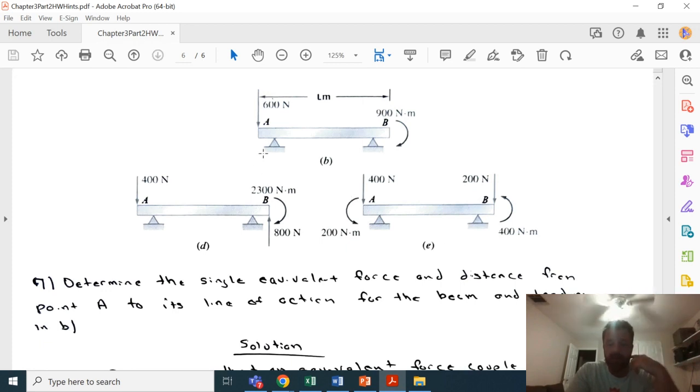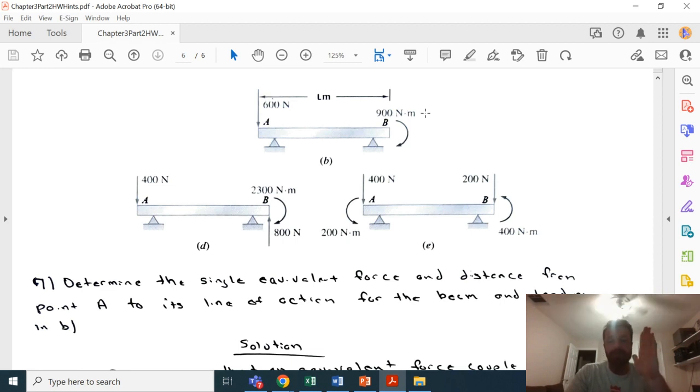So here we have a beam that's supported on both ends, A and B. There is a downward vertical force applied at point A of 600 newtons. In addition, the beam is subjected to a 900 Newton meter couple that wants to rotate in the clockwise direction. So basically the question is, how could you exert a single force on this beam that would have the same rotational and translational effect of this downward 600 Newton force along with the 900 Newton meter